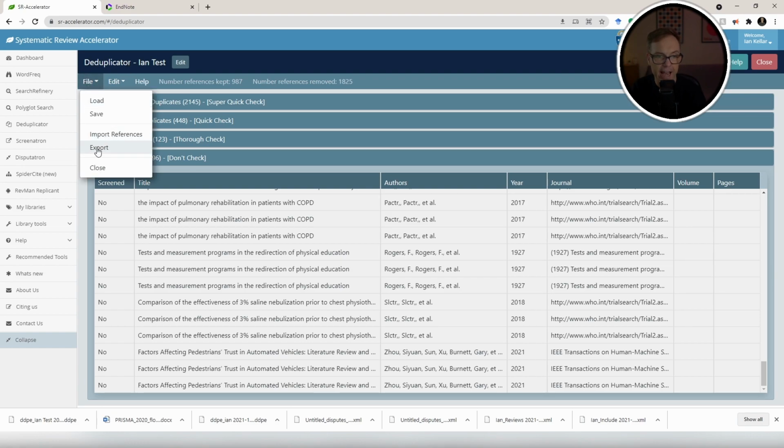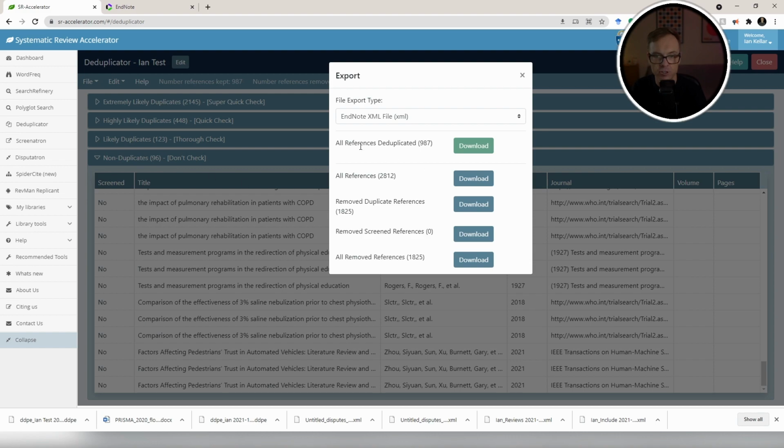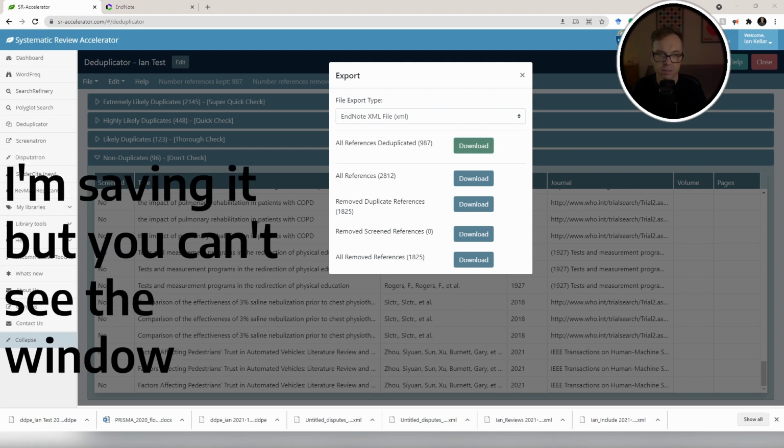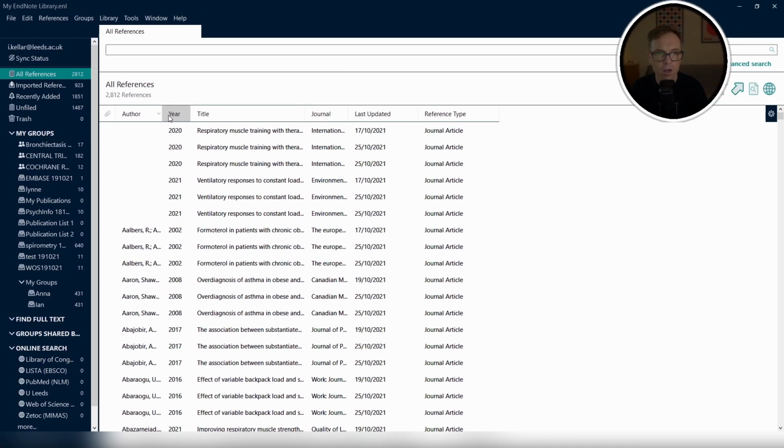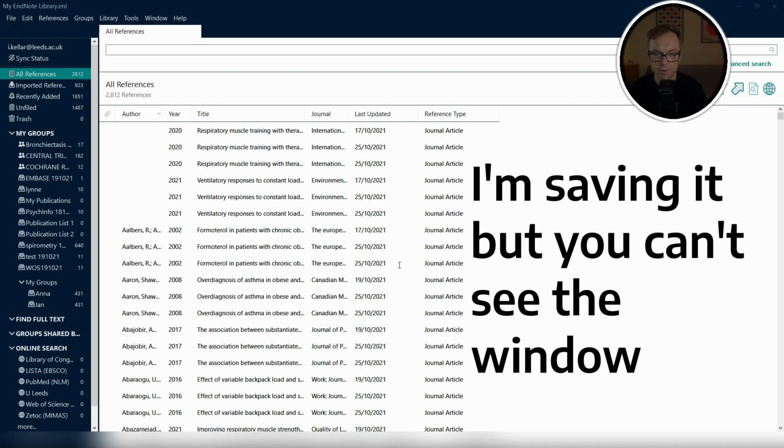I am going to hit export and choose all references deduplicated. Okay. And then I'm going to switch back to Endnote. Okay, I'm now in Endnote, and I'm going to go to File, and I'm going to choose a new library. File, New, and I'm going to give it a name. Deduplicate,